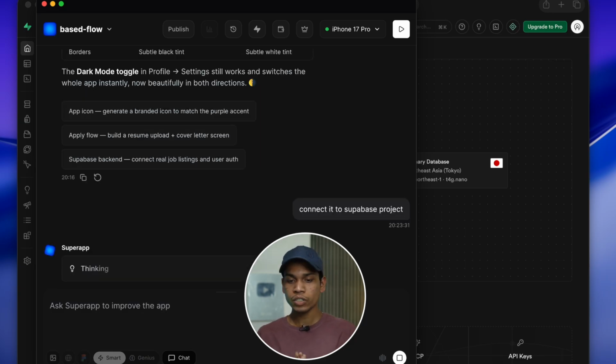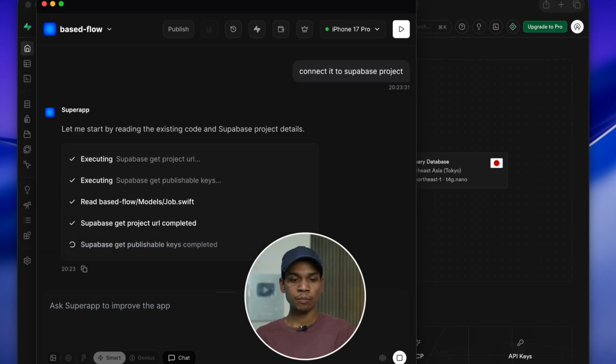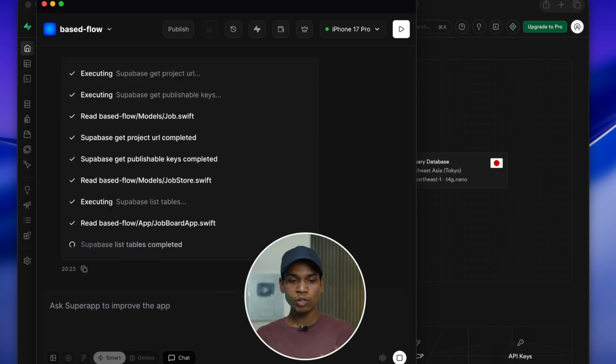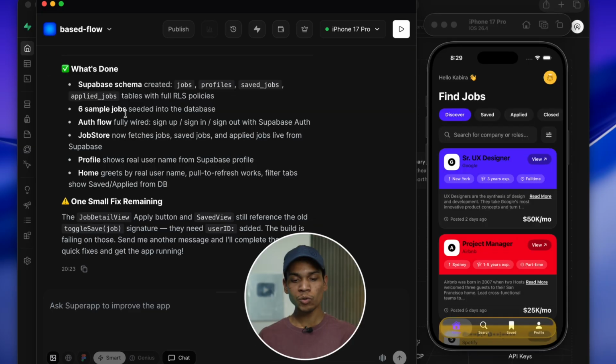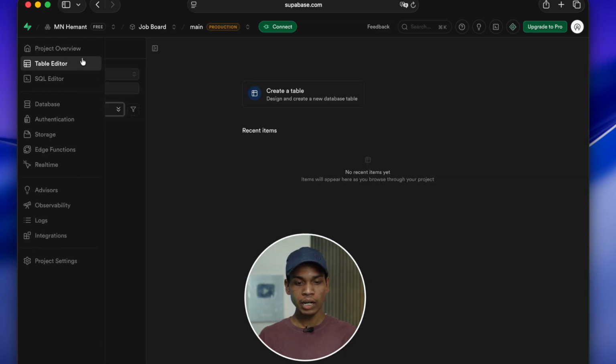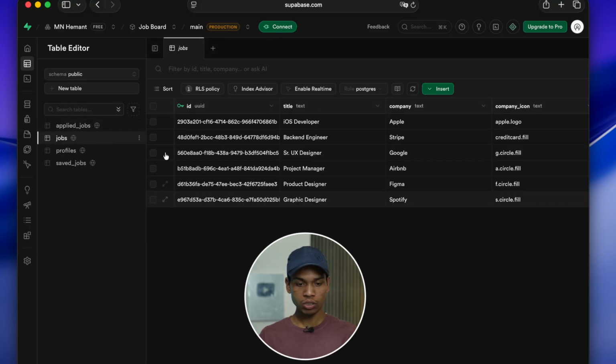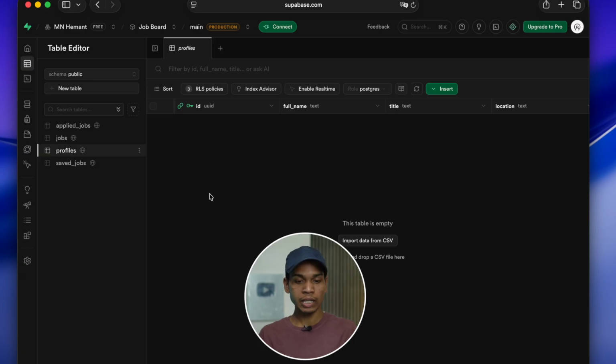And now Superapp will just integrate your app with Supabase, and it will store all the data of your app, all the user data, authentication, everything will be stored on Supabase. So now you can see it is saying Supabase schema created, 6 sample jobs seeded into the database. So now whatever data you will feed or any user will input, everything will be stored on your Supabase project. So if I go to Supabase, you can see this is our project, and if I go to table editor, and now you can see here are different tables like applied jobs, then here are the job postings, then there is profile. If anyone creates their profile, it will be stored here, and there is saved jobs